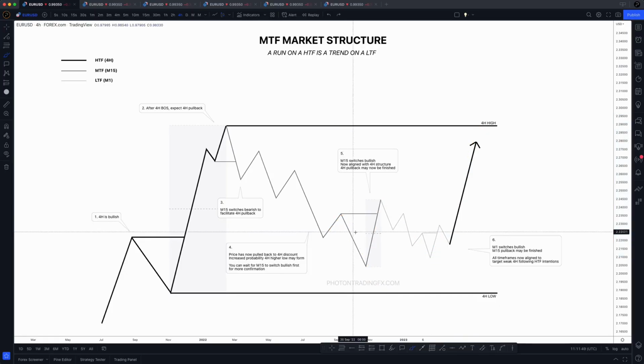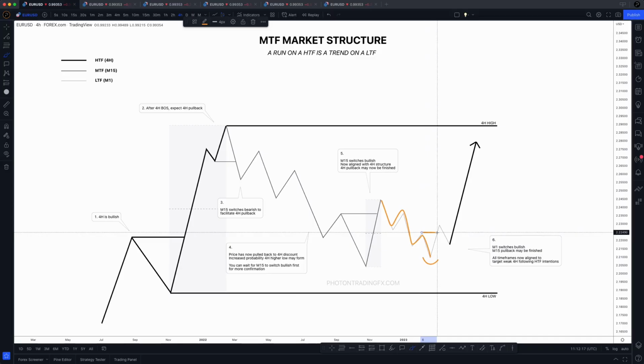So again, same concepts. You can put on the premium discount if you wanted to on the M15 leg and wait for price to pull back and capture the M15 higher low. Now, when the M15 is pulling back, what will happen on the lower time frame, let's say the M1? Well, in order to facilitate the M15 swing pullback, the lower time frame is going to switch bearish to do that, okay? So again, you could jump in straight away and try and capture the M15 higher low, but we can use even more timing and accuracy and confirmation by going down to a lower time frame such as the